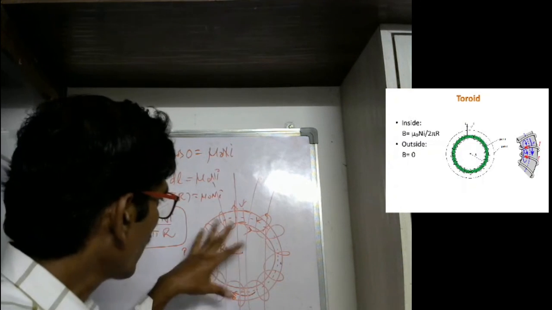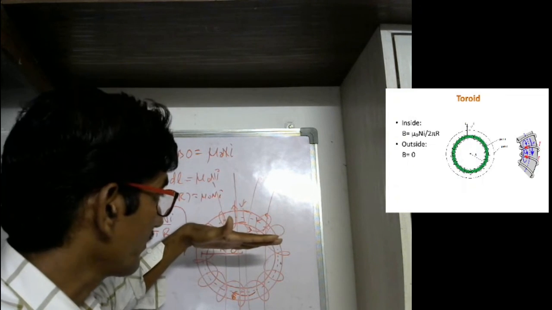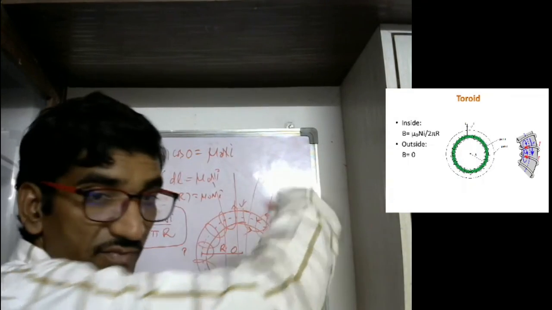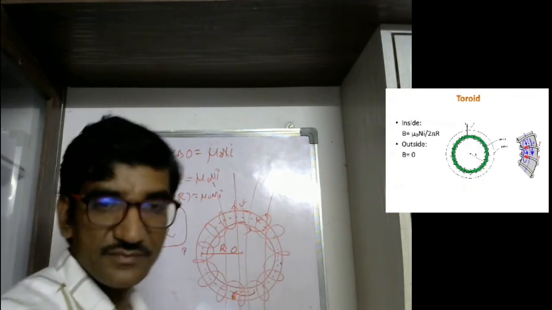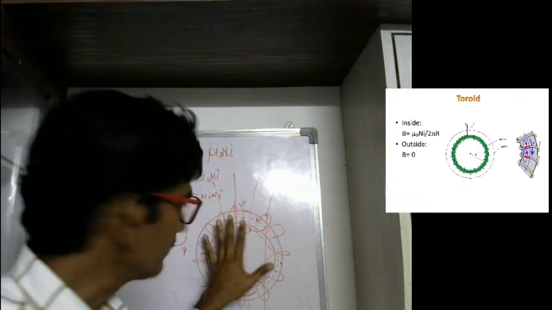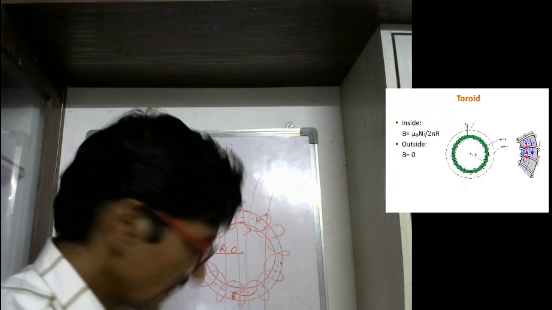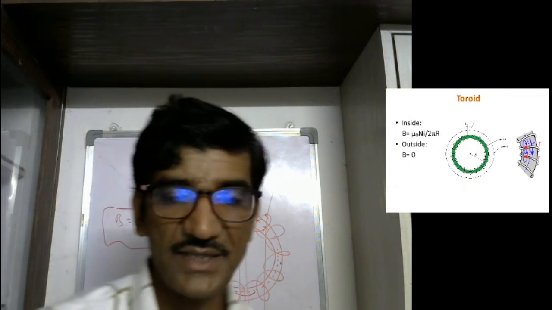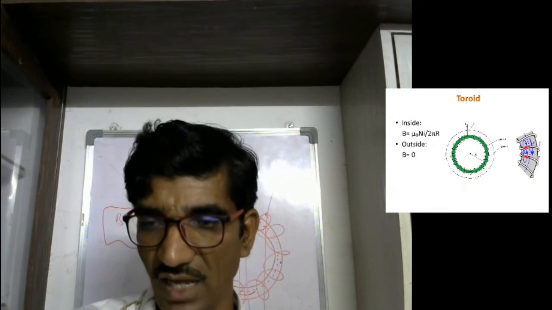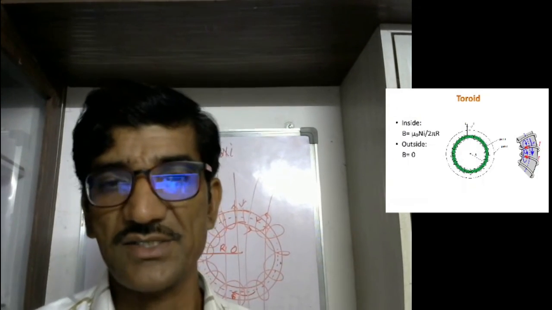On this side, in the middle, you have field lines like this, when your ring is like this. On the other side, we have field lines like this, circles. This is also very similar to the Bohr magnet. This is about the toroid and the magnetic field of the toroid by using Ampere's law. Okay, thank you. Let us stop with this for today.